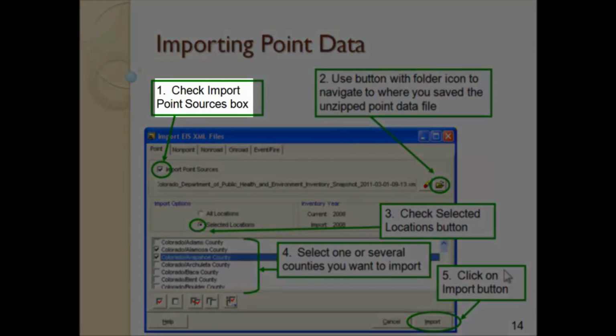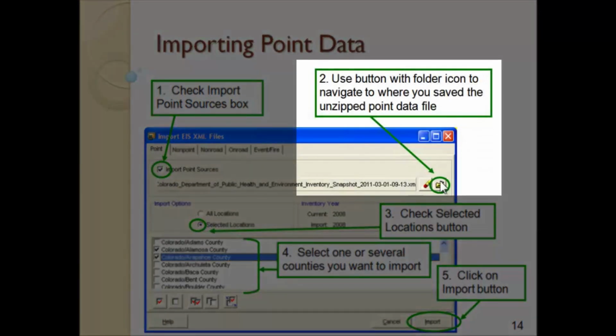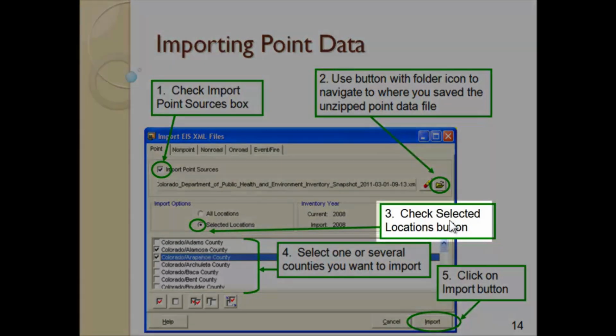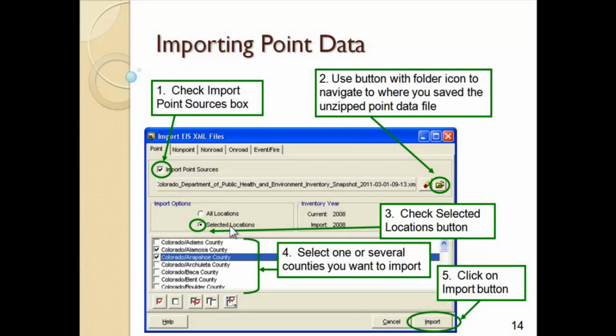So the first step is to check the Import Point Sources box, which is right here. Then you want to use this button that looks like a folder to browse or navigate to where you saved the unzipped point data file. You want to click on the Check Selected Locations button because that allows you to import only one county of the file instead of all the counties included in the file. And this is really important